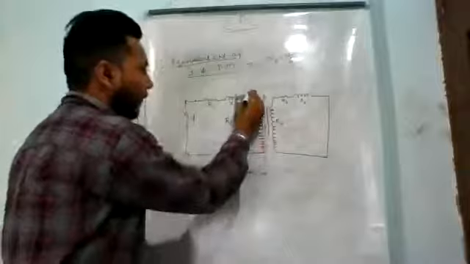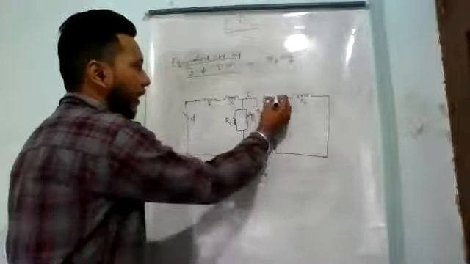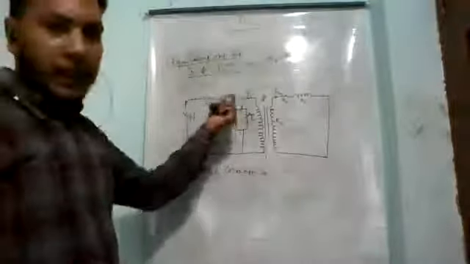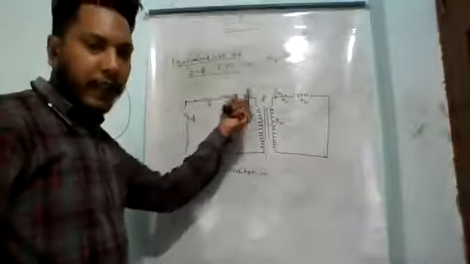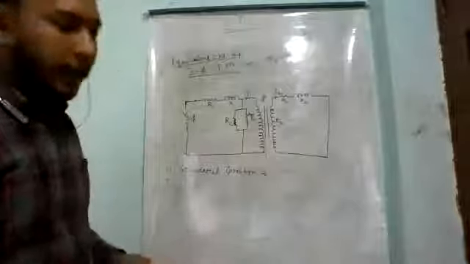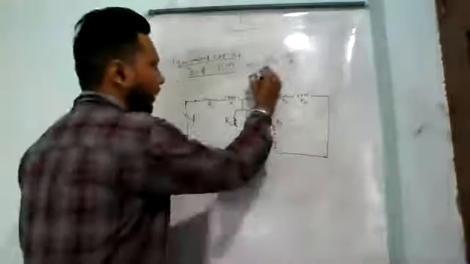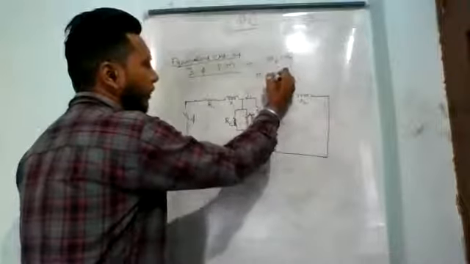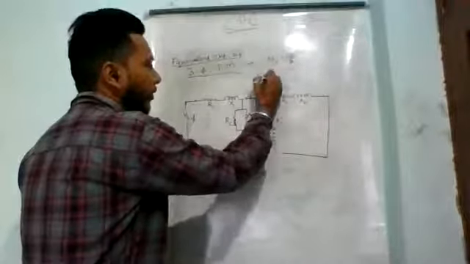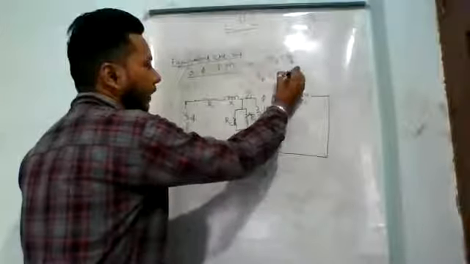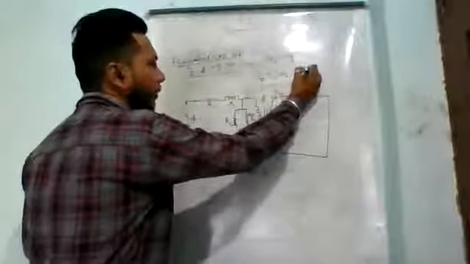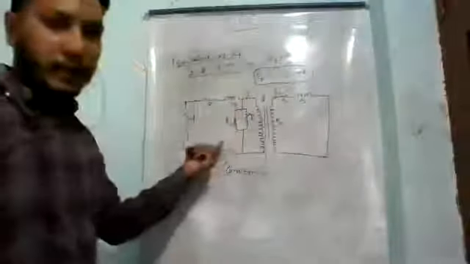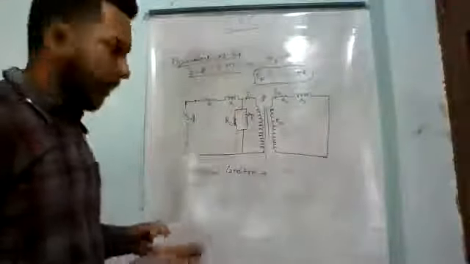If I1 is the current in the primary winding and I2 is the current in the secondary winding, now we have to calculate the parameters: the induced EMF, the secondary current, the secondary induced EMF, this X2, and the power factor. We have to calculate these parameters from that equivalent circuit.